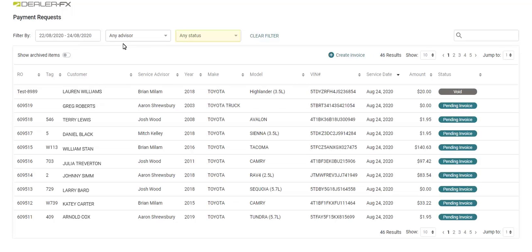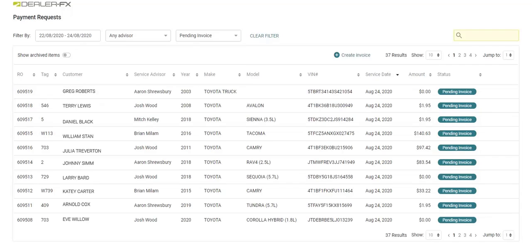You can also filter by the status of the RO. Now you can see the different statuses. I want to look for any that are pending invoices. You can also use the search box to look for a specific RO using any identifying information that you have. Instead, I see the RO I was looking for and I can go ahead and select to send the invoice